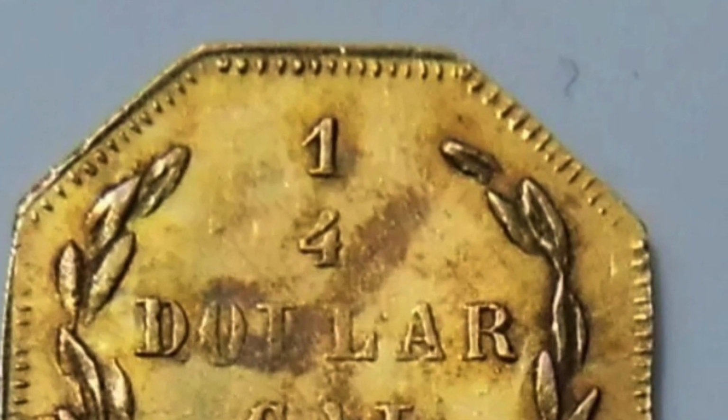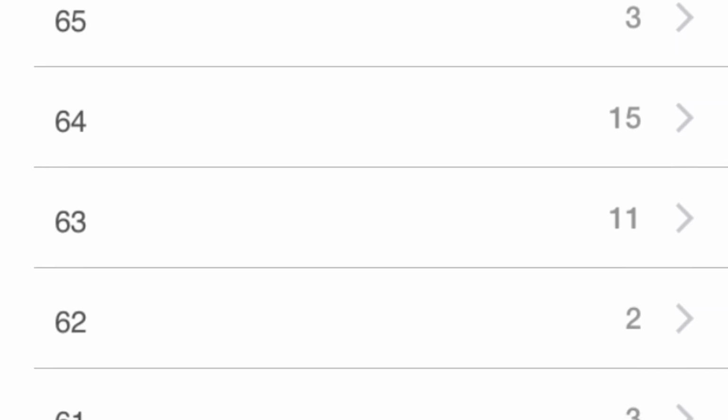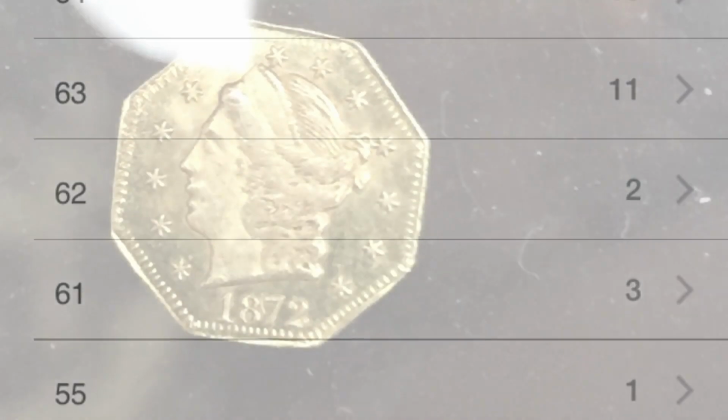So it's a $quarter, and here are the populations. You can see really very, very small. The PCGS population is very small. The NGC population is actually half what the PCGS population is, and here's a chance to see both of them